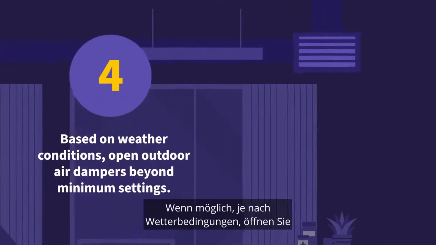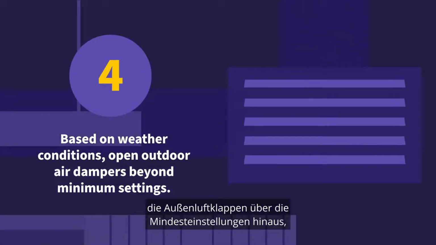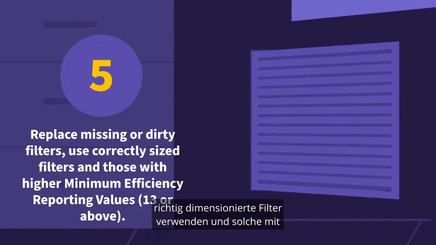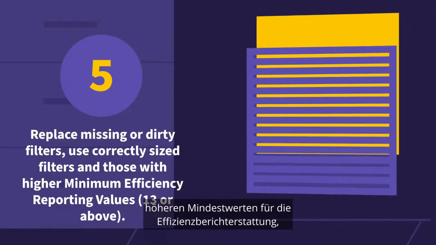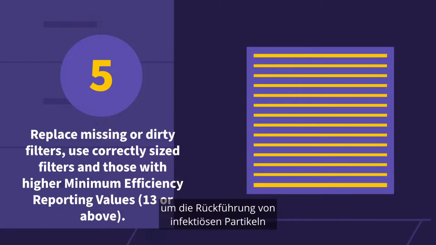If possible, based on weather conditions, open outdoor air dampers beyond minimum settings to reduce HVAC air recirculation. Replace missing or dirty filters, use correctly sized filters and those with higher minimum efficiency reporting values, 13 or above, and confirm gasket seal's integrity to ensure a tighter filter fit, efficient air cleaning, and to prevent recirculation of infectious